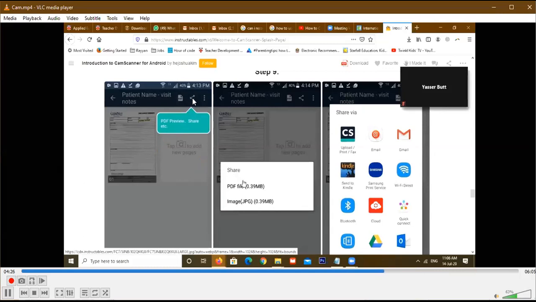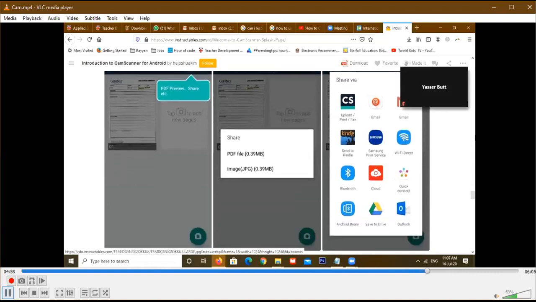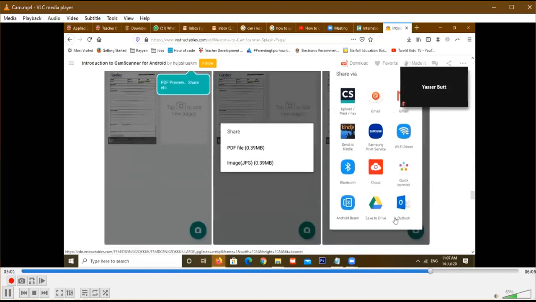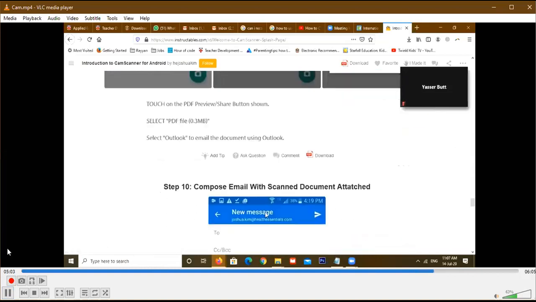You're going to have to click on this icon, which is the share icon, PDF preview share icon. When you click on it, you will be displayed with an option of PDF or image. So please choose the PDF option, because that's what we want. We want the PDF copy of the document. So choose the PDF option, and then it will ask you to write the email address, as in where you want to send it. So before you do that, make sure that you have an email client set on your